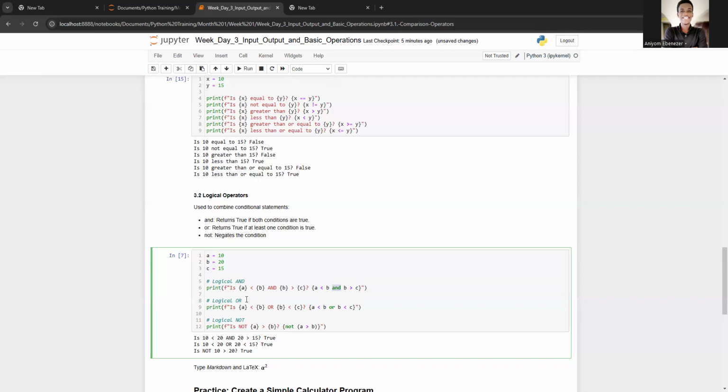And then for logic OR, you just replace it with OR, the same condition. And then for not, we are looking at print is not A greater than B, right? Does this really make sense? So we are saying not A being less than B, right? So if is not 10 greater than 20,